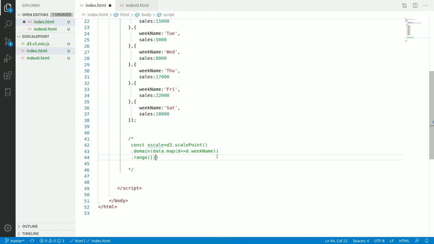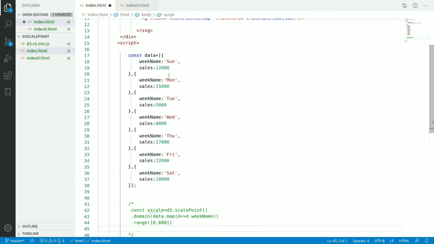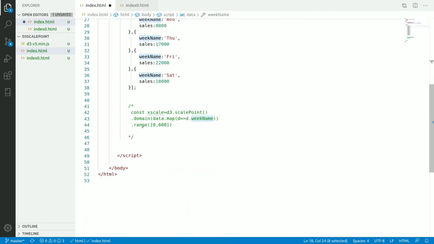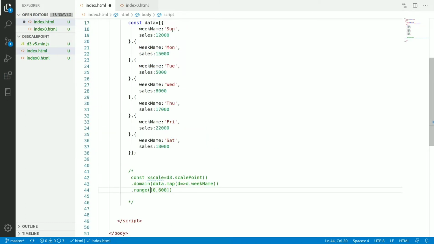So range will be 0 to 600. Here I want to transform the input. If I pass Sunday, then I want the width point 0, meaning I want to show Sunday at the 0 coordinate point, and for Saturday I want 600 pixels.